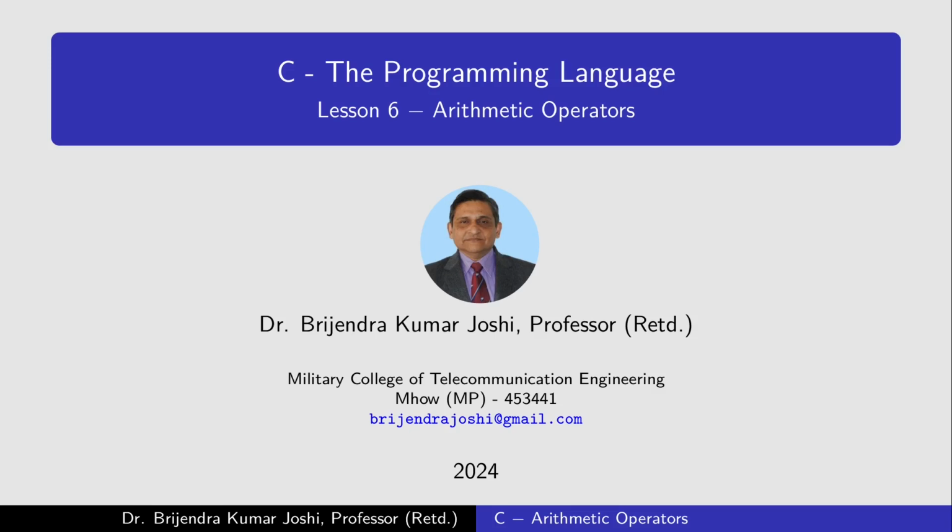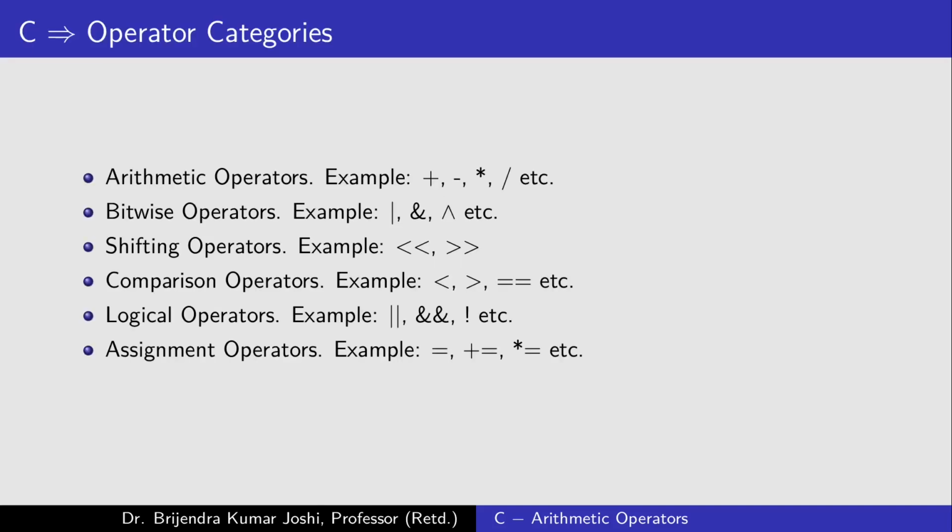In this video, we will see how the C programming language uses various arithmetic operators. First of all, let me categorize normal arithmetic operators and other operators. I have made a few categories. Arithmetic operators, which we will see in this video. Some examples are plus for addition, minus for subtraction, star for multiplication, and forward slash for